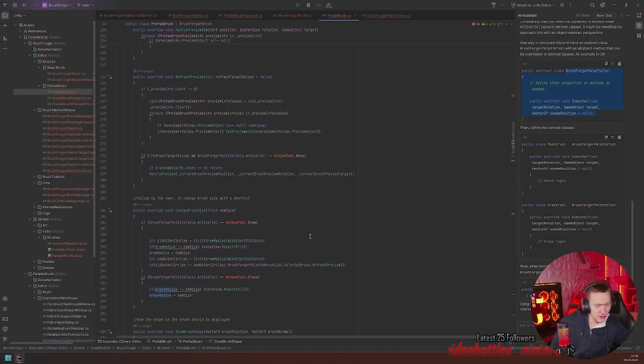Actually, it would make sense to have the paint logic in the paint tool. Yeah? You just have to cast them to the correct class and call it prefab paint tool. The prefab paint tool needs a prefab brush.